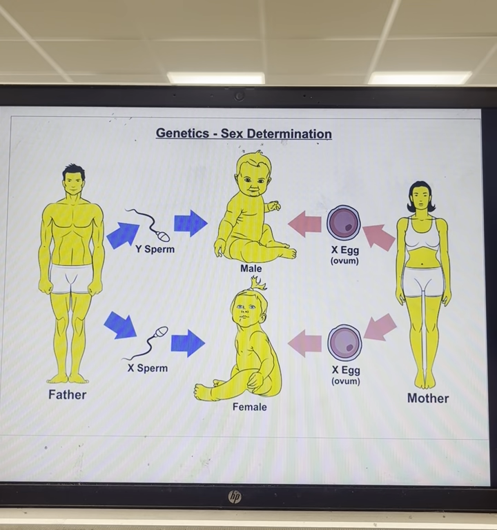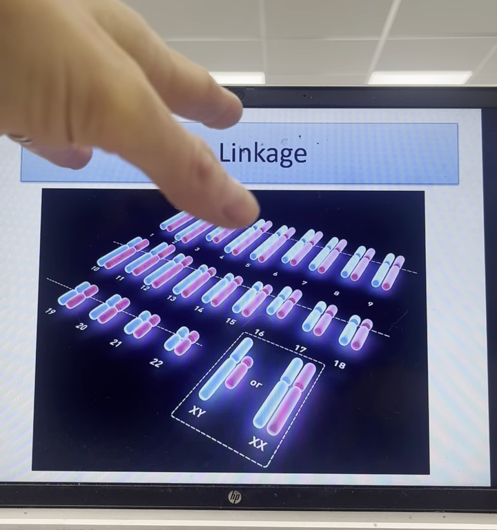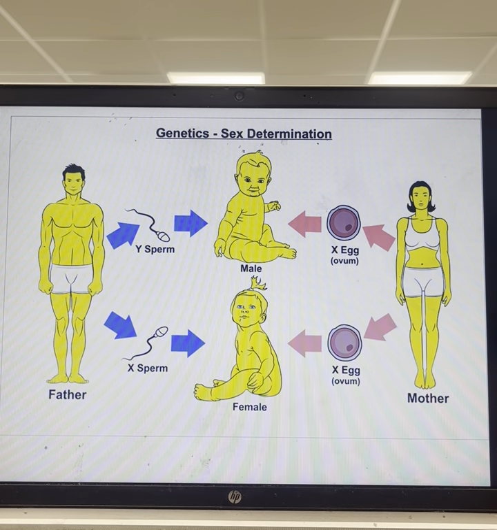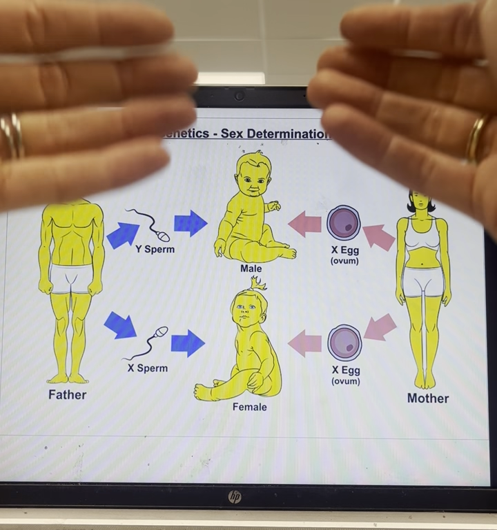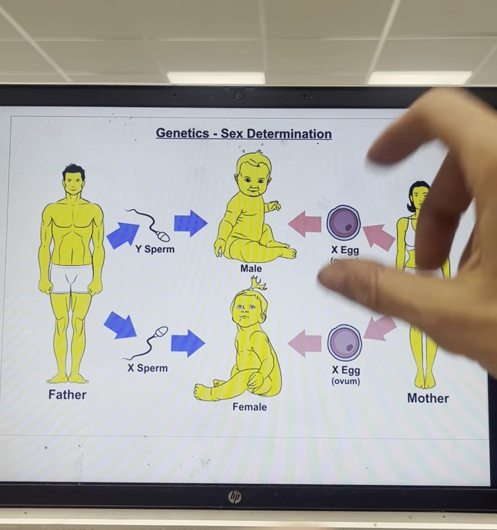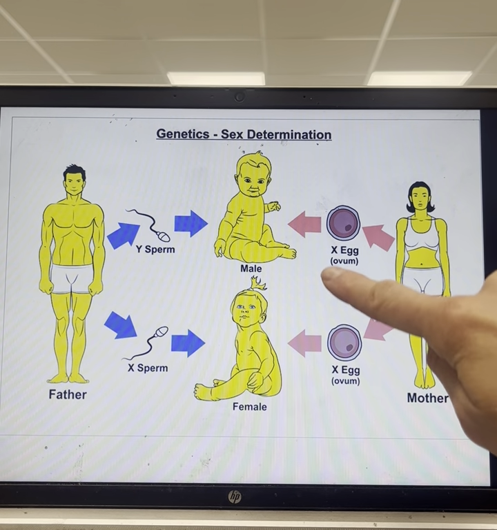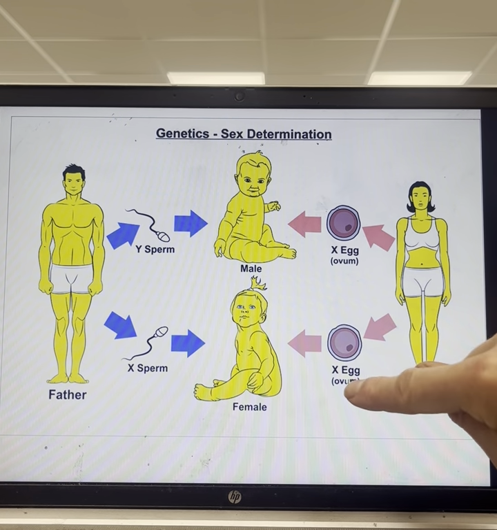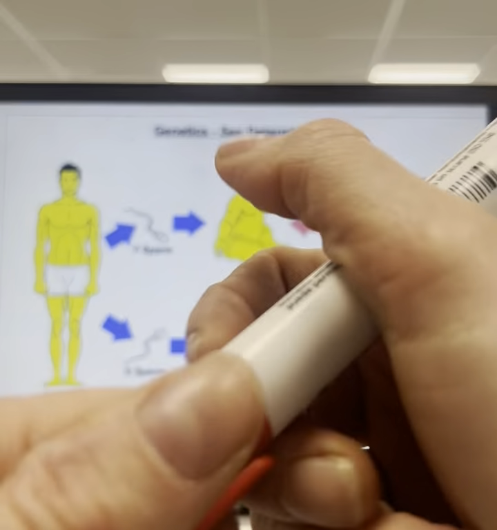That's not the case in males, and that's why these genetic disorders that are found on the 23rd chromosome are so much more common in males. So what we've got here, sorry, you can hear that I've got such bad sinusitis, so I'm going to push through. As I said to you guys last lesson, females will only ever produce X eggs. They will only ever have the longer